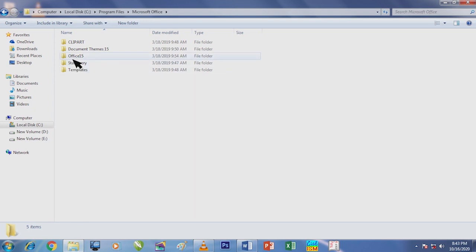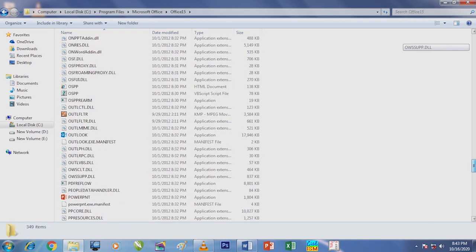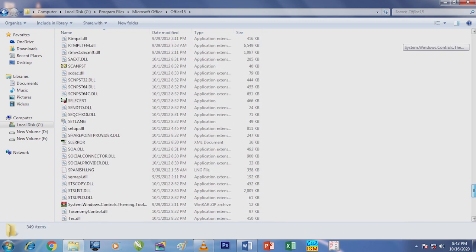For some people it may be 15, 16, 13, etc. I click Office 15, then I go and find self-certifying. I click on that. With that, a new self-certificate will be created.